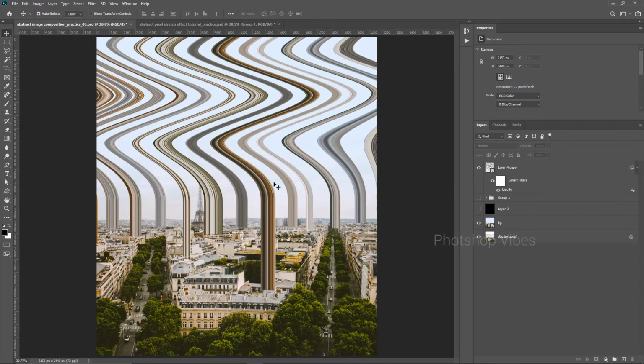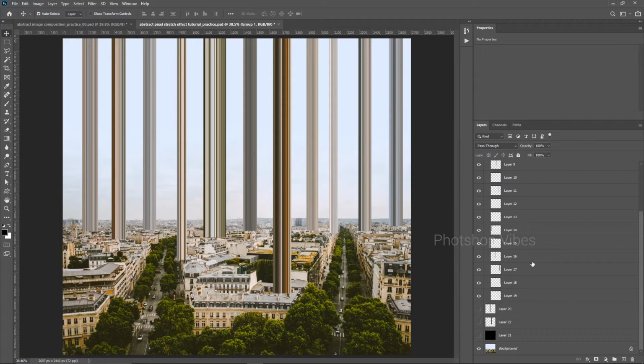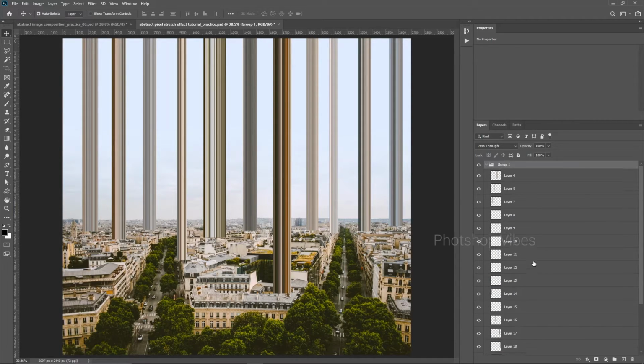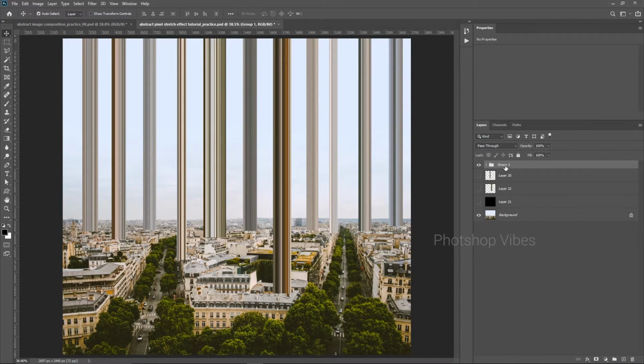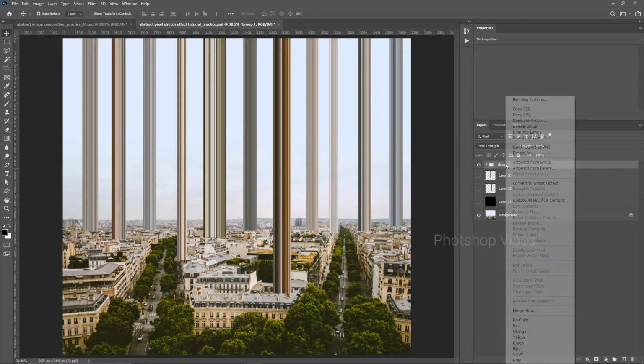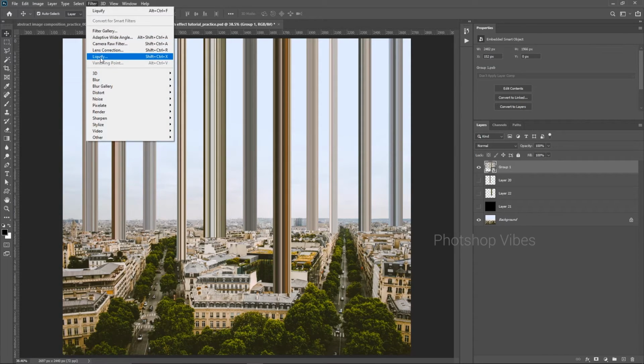Now we are going to achieve this wavy effect. For that, we have to convert the layers which you have created into a smart object. The reason behind that is, if you are not satisfied with the effect which you applied, you can easily go back and modify all those effects, only if you have applied them on the smart object. That's the only reason why we are going to convert layers into a smart object, and just convert that group into a smart object by right click and Convert to Smart Object. Then go to Filter, then Liquify.